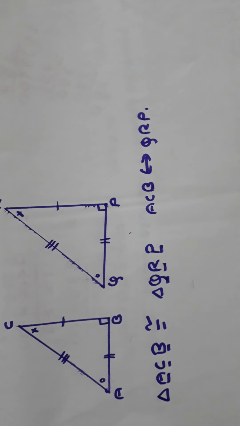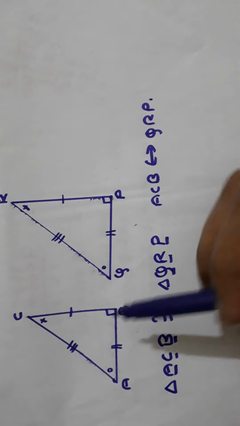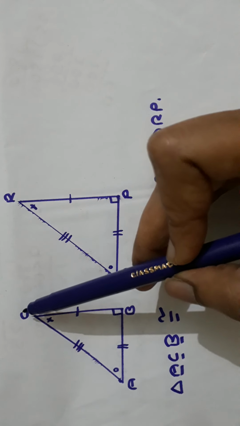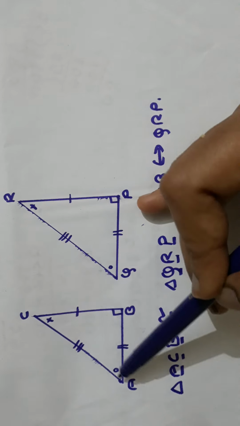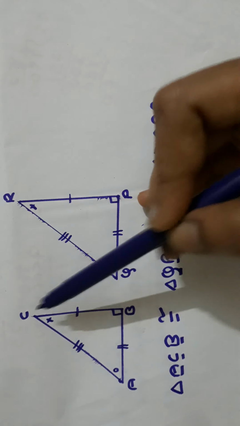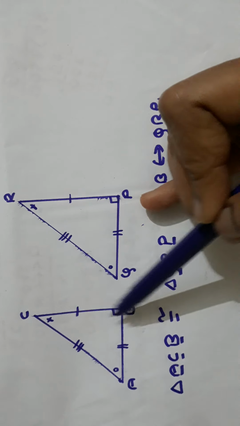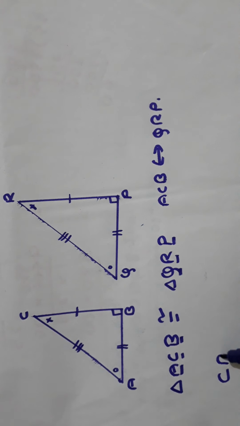Now this is not the only way of writing the congruency between the two triangles. There are two more ways. Now if I am starting at C, from C, I can move to the vertex B or to the vertex A. So if I am moving from C to B, then the path from C to B is indicated by a single line. So I'll move from C to B, and then B has no option but to go to A. So the triangle I am going to take is CBA.